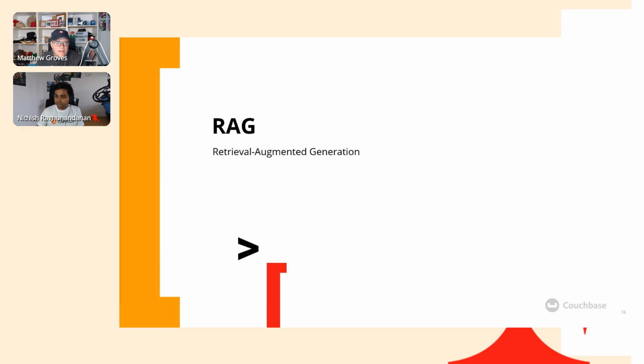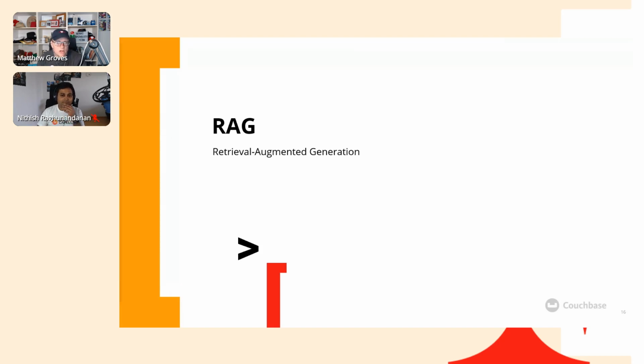Okay, let's move on to RAG. So I mentioned earlier that you could train your own model with your own proprietary data. That's one approach you could take. But of course, that is a very expensive, time-consuming process that you have to keep doing over and over again, and you could absolutely get it wrong. Unless you're in the LLM business, you could use this approach instead, which is called